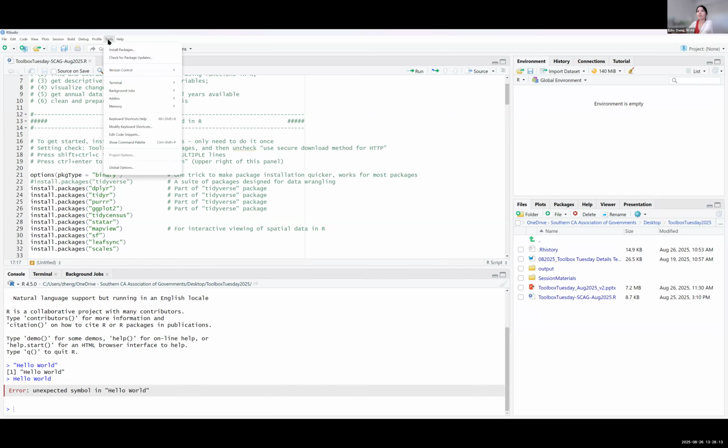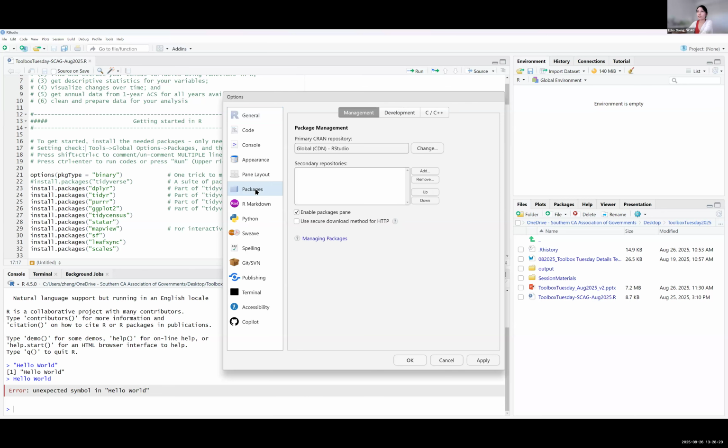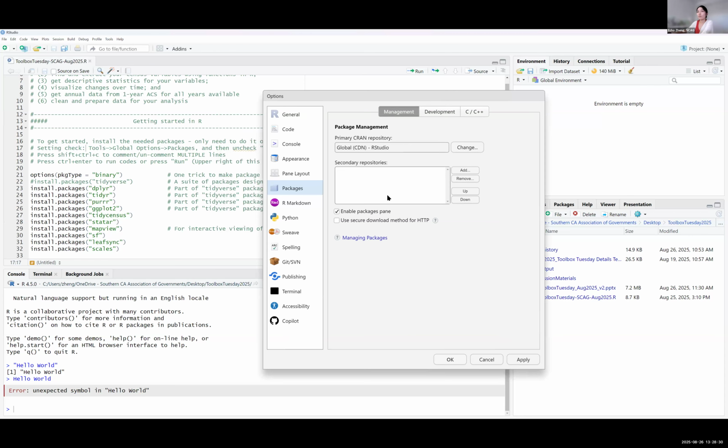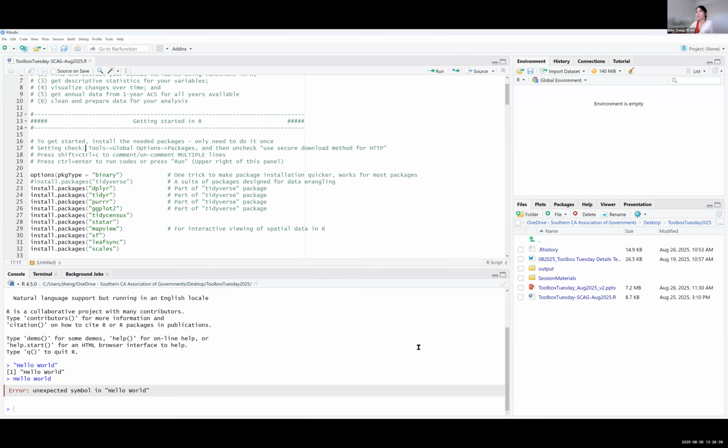We'll look at Tools, and then at the end, Global Options, Packages, and make sure that Use Secure Download Method for HTTP is unchecked. For a lot of default options, especially if this is the first time you're using it, it's usually checked, but make sure this one is unchecked, and then you can apply it or click OK, either way.